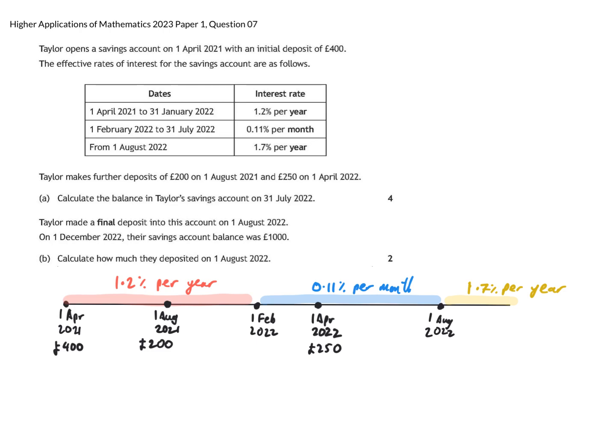I'm now going to figure out the accumulated value of each of these three deposits on the 1st of August 2022, and I'm going to add them all up. Strictly speaking, I'm calculating the value on the 31st of July 2022, but with interest being added at the end of the month. So, first one is £400. It is going to earn